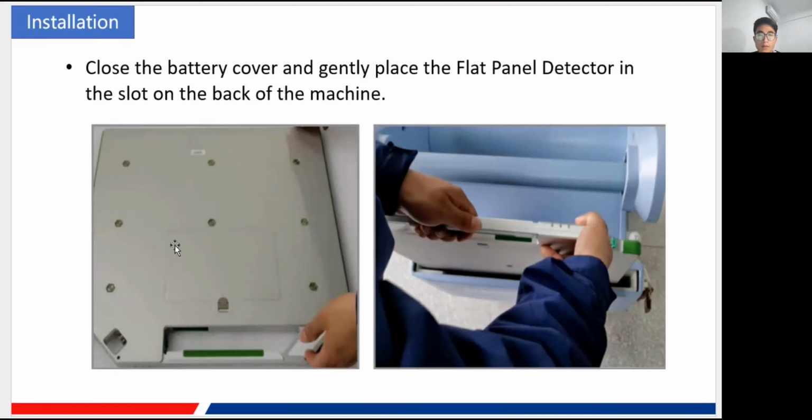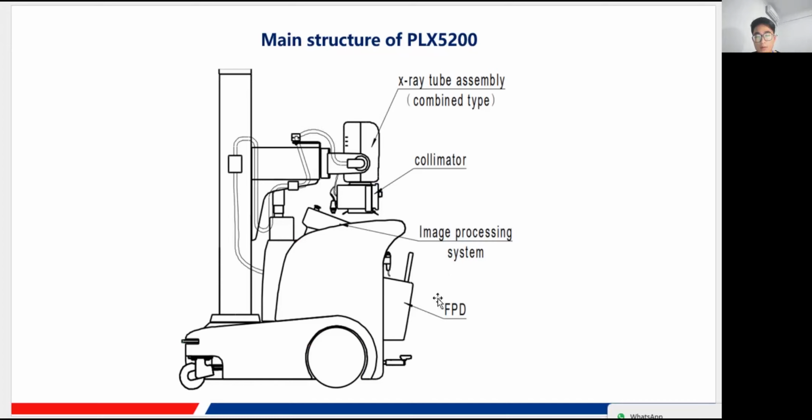By the way, the flat panel detector is normally put here in the front side of the machine, which I have just mentioned, like here in this PowerPoint about this part. So here is where the flat panel detector is usually put. Okay,